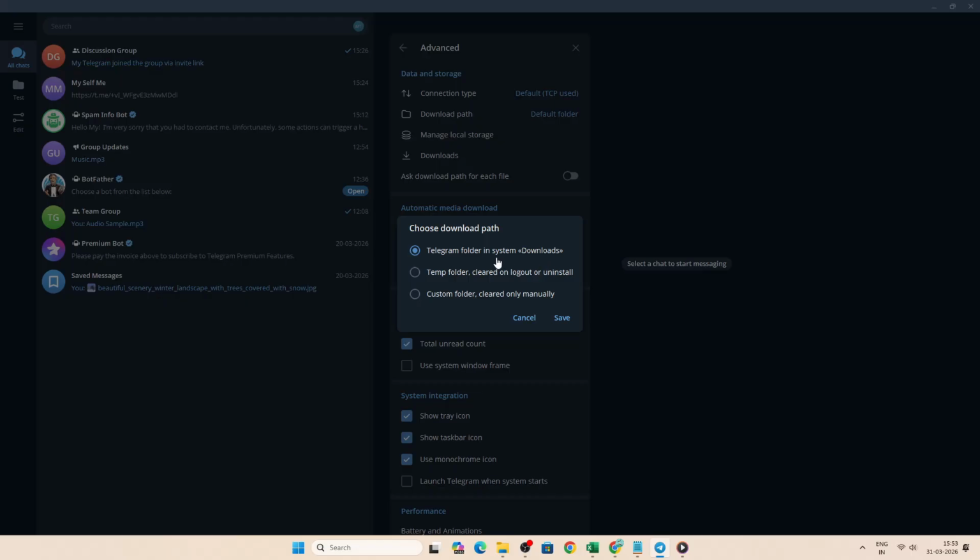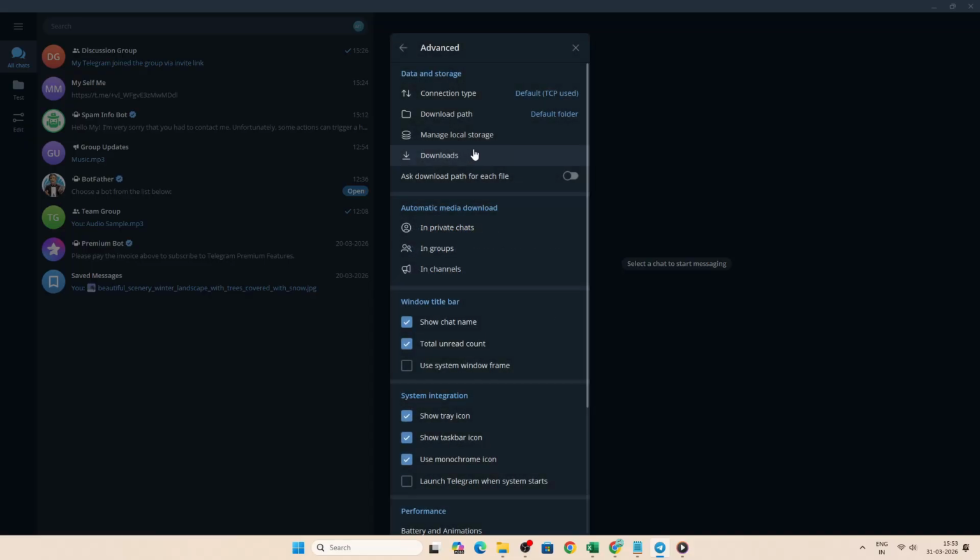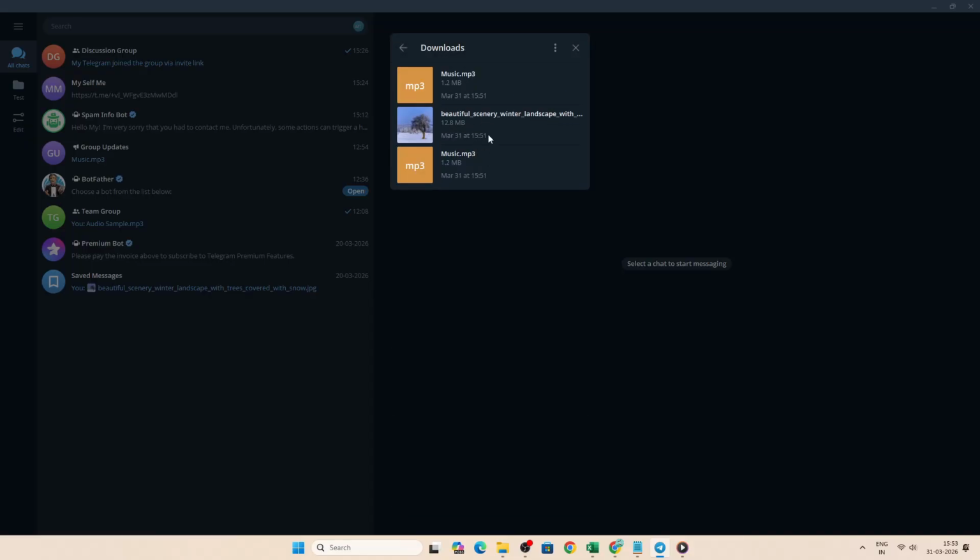While you are in Advanced, there is also a Downloads area in the app that lets you review your downloaded and downloading items. Click Downloads to see the files Telegram is handling for you. This is especially handy if you are waiting on a large file, because you can monitor its progress without leaving the app. Telegram includes a dedicated download manager for files up to 2 GB in size, so you'll get clear indicators for status and completion, which helps you know when it's safe to go look for the file in your